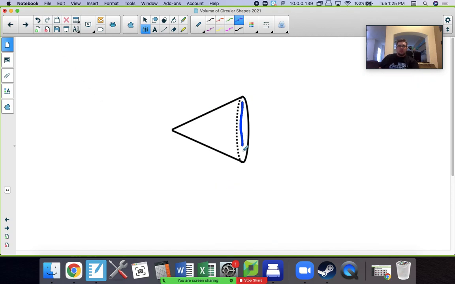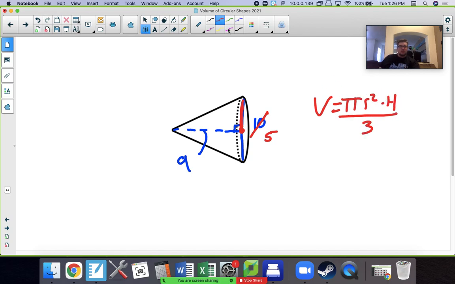Even with it tipped on its side, this dotted line that goes from the circle to the top is still the height. So the height right here is 9. Diameter is 10. Again, we don't want diameter. We want radius. So we're going to take half of 10. Plug in what we know. 5 times 5 times 9